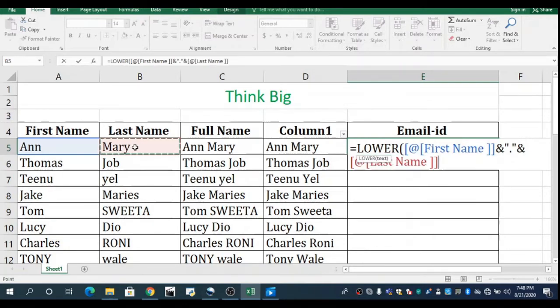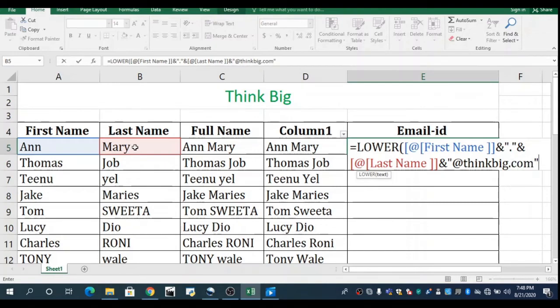Next we have to select the last name, right? Then we have to put one more ampersand here. Now we have to put at thinkbig.com. Again it is an extra word, so we need to put it in double quotes, at the rate thinkbig.com.